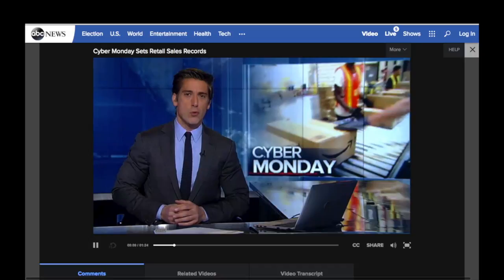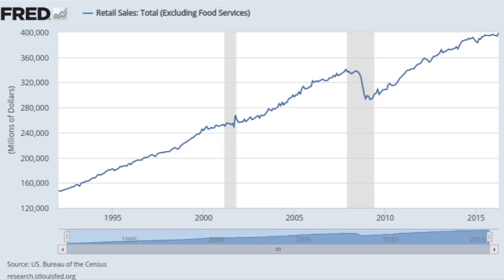Cyber Monday is an example of how retail sales and leading indicators work. ABC News stated that online, during Cyber Monday, websites were crashing because of the high demand of people. At first, their sales were going at a steady rate, but then they noticed that there was a decline, and that was an indicator that everything was going to crash. Using Cyber Monday as an example demonstrates that leading indicators are important because they help determine when the economy is going to thrive or crash.